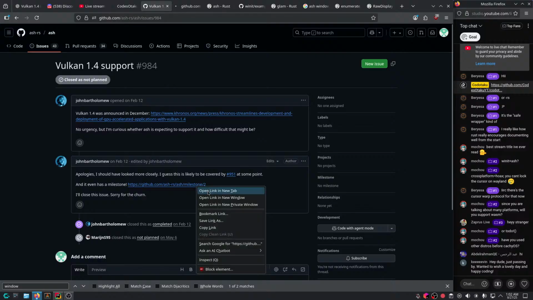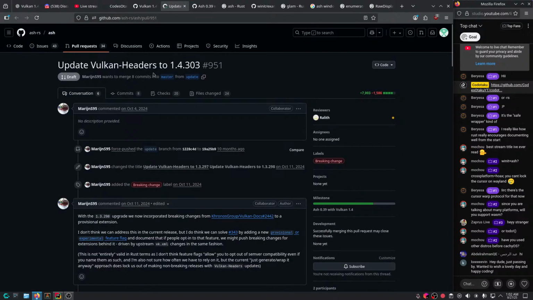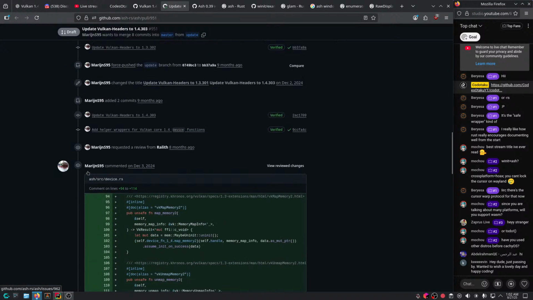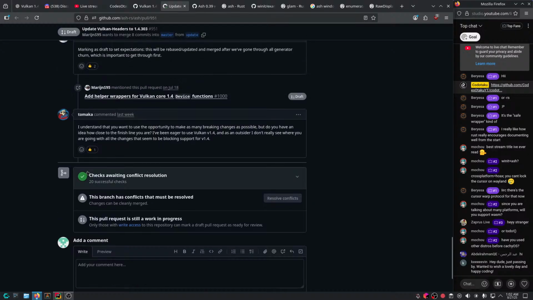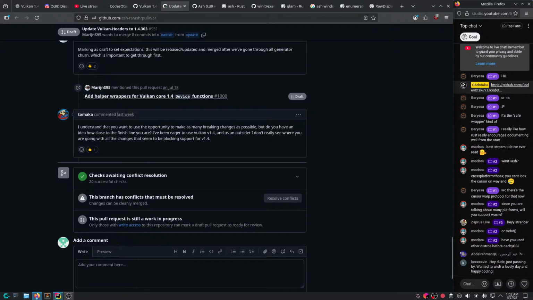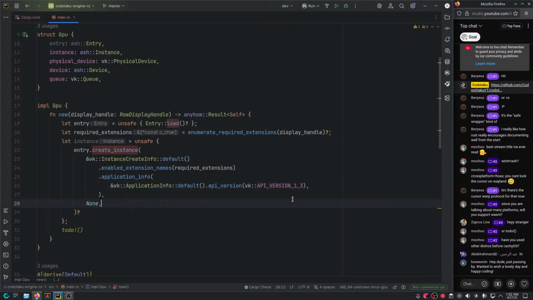Okay. Interesting. So they don't support Vulkan 1.4 just yet, apparently, but it's fine. We could just use extensions. Other than that, let's see what else we have. So that's pretty much it for the instance.